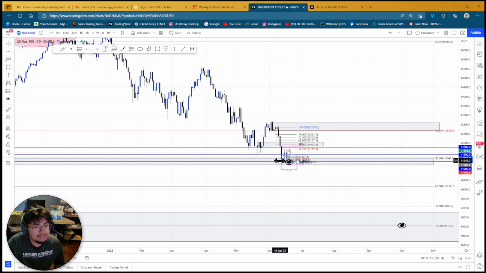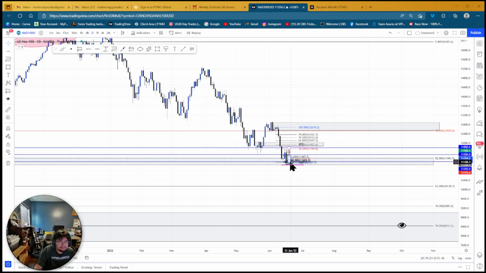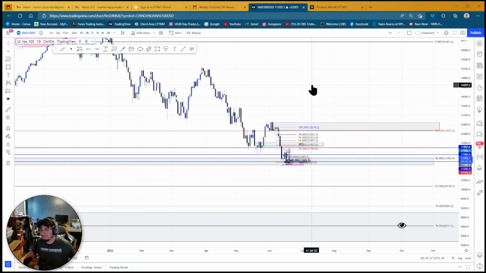So if we're entering here at 11,200 and it goes to 12,200 by the end of this week, that's the whole 1,000 pips. Every 50 points is a percent. So 1,000 divided by 50, that's 20%. I could technically take this trade if I put in a buy tomorrow and just hold it,